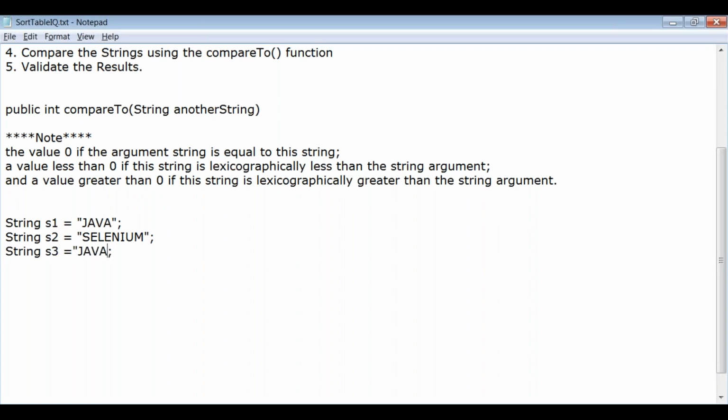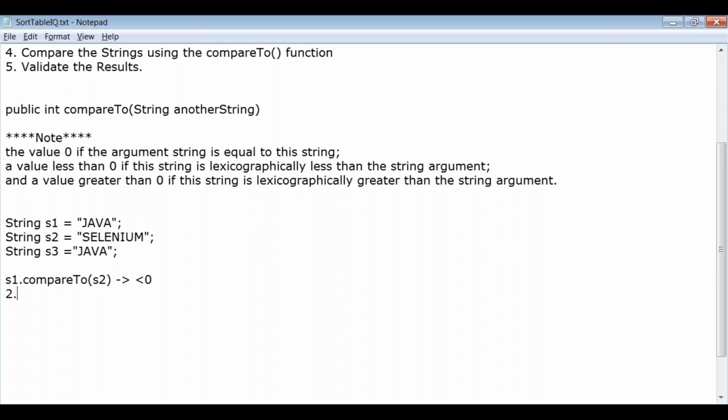Let's see how this compareTo function will help us right now. If s1.compareTo(s2), where s1 is Java and s2 is Selenium, we get a result less than 0, because Java is lexicographically lesser than Selenium.